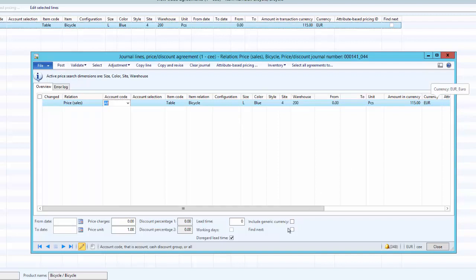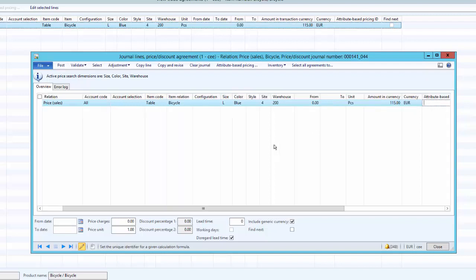And notice that once we mark Include in generic currency for this trade agreement, the currency by default will be set to euro because that is what we have set up as the generic currency, and we cannot change it to any other currency. So now this trade agreement is marked in the generic currency, and the same trade agreement will be applicable even when we create a sales line for USD currency.